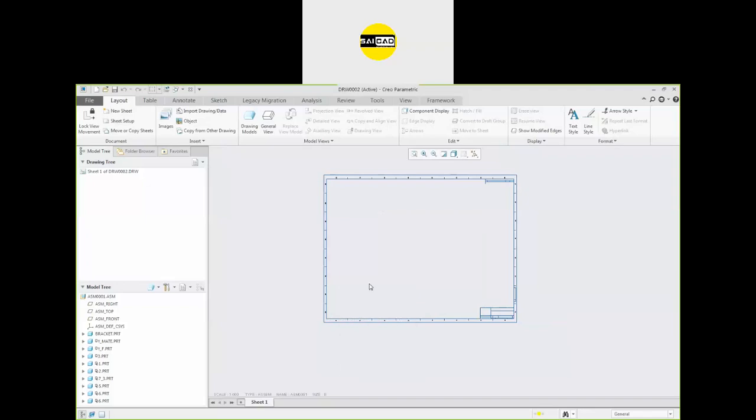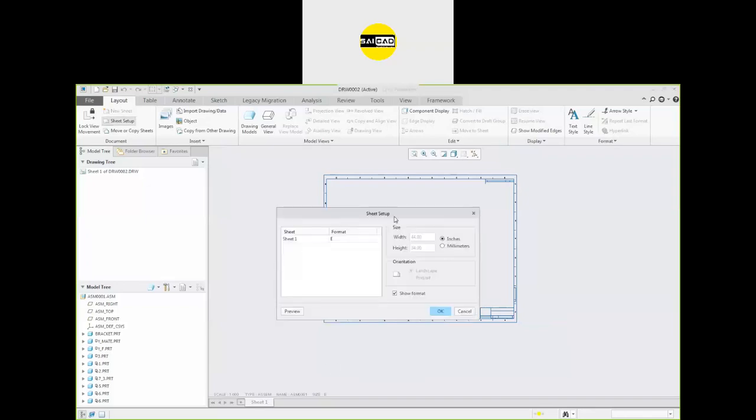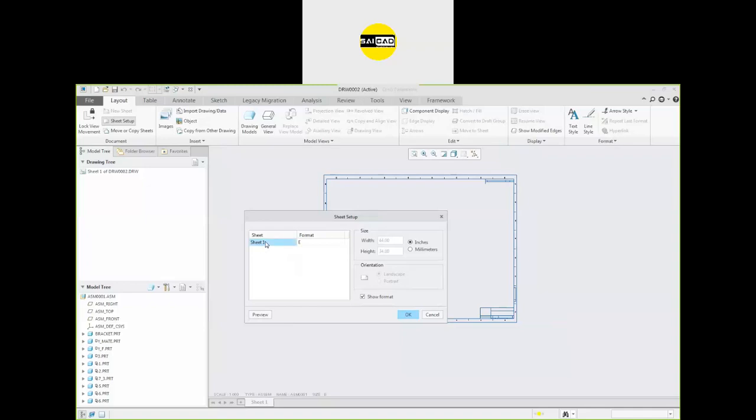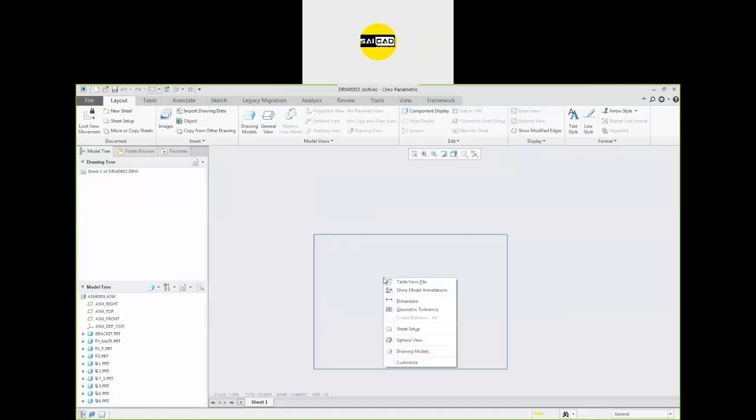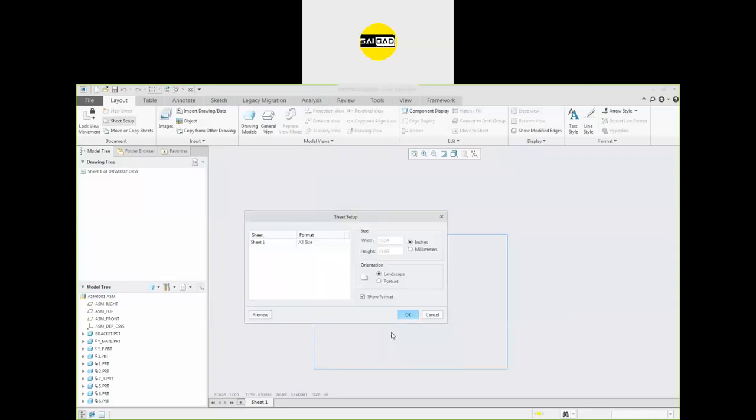I will show you how to change the sheet size in the next session, or right now just look here. The format is E. I can choose like A3, A4, whichever I need. It's okay, and we have the sheet here. But the format is according to the sheet size, the E, so that's why it is not showing right now. So I will show in the next class how you can do that.